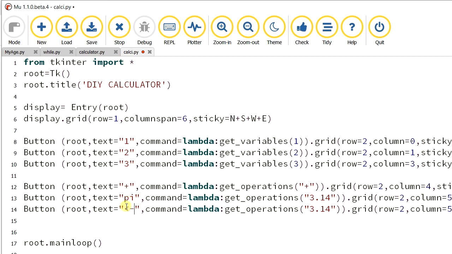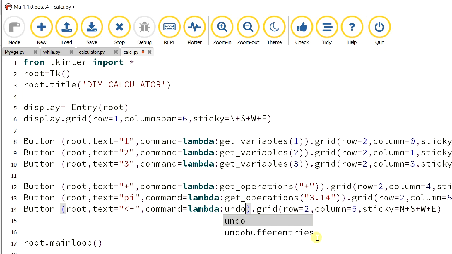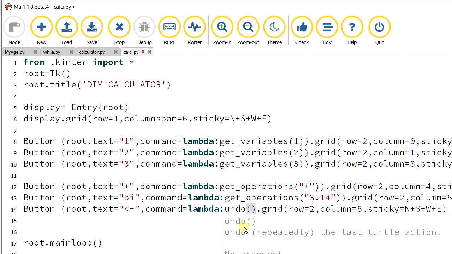So backspace should be like this, right? Backspace, just a symbol. You can write BC as backspace, or DEL to delete, anything you want, you just type it. And for this what will happen, operation is not the function we are using, it's undo of, because it is going to delete. For that, see undo. You are just using the function undo. This is also within the module, so no problem. We just simply use the function undo.